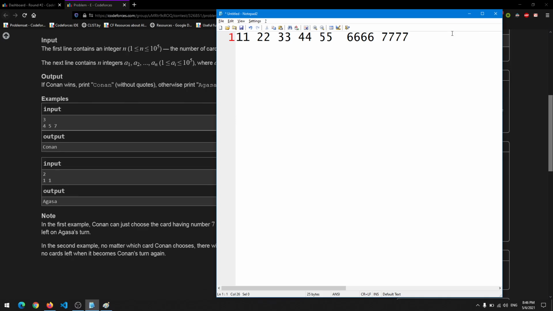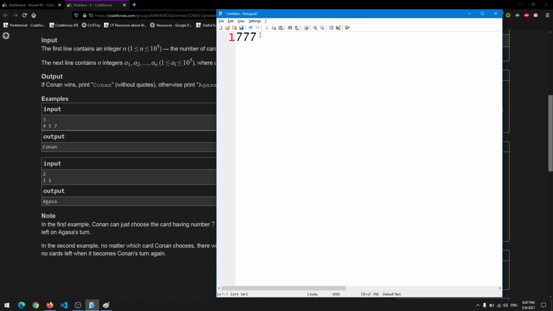So how does this work? For example, Conan chooses something. Let's say he chooses 6. Actually, why 6? Let's take 7 for the optimal solution, and all these cards will be removed as they are less than 7. This was Conan's turn.